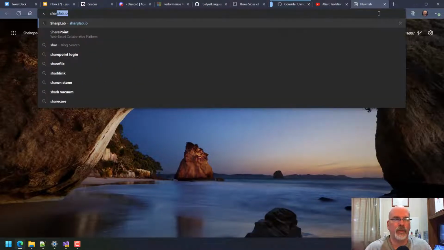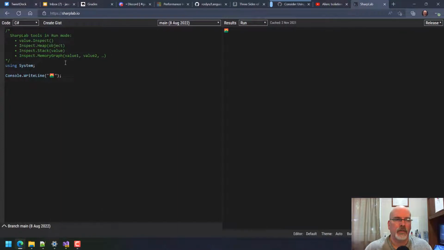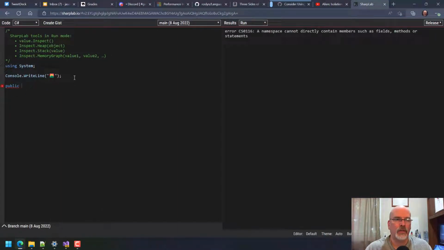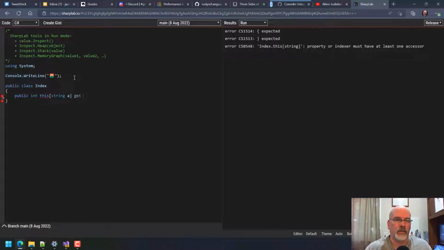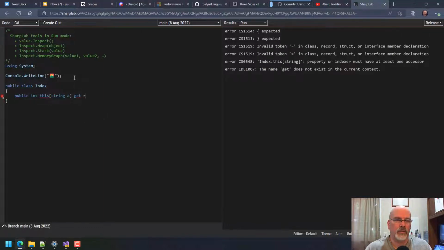If I go to SharpLab and say public class index, which is a bad name, and I say public int this string a get, which just returns a 1.